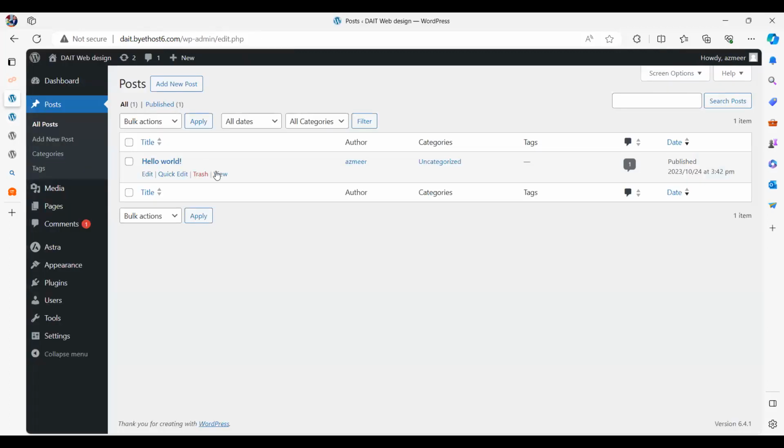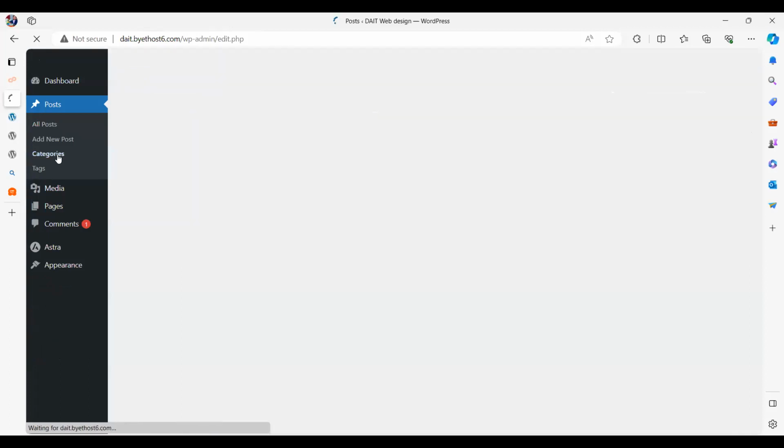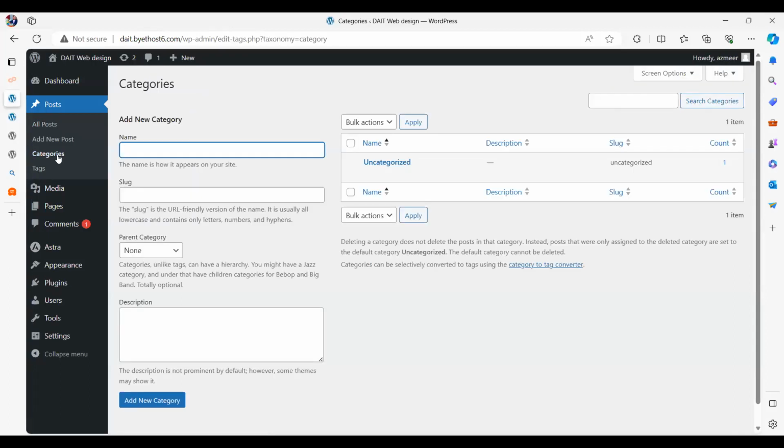Okay, so let me first talk about categories. Now, when you are having a diary, let's say an online blog or a diary, it is interesting to have categories because then you can slot them into certain categories. For example, let's say Python related articles can be inside the Python category. Or let's say you want to have a category around business strategy, that can be another category. Or you want to have another one under digital electronics, okay, that can be another category, right? So let me create some categories. Under that, there are certain other things we will learn as well.